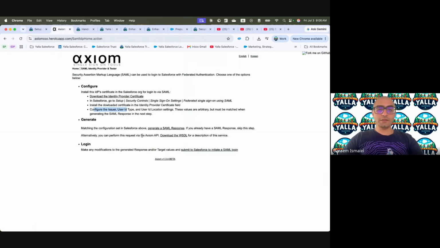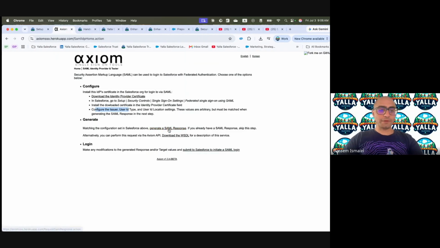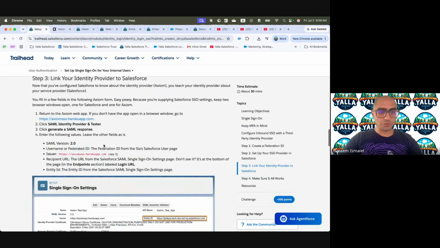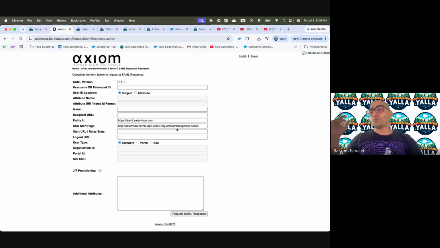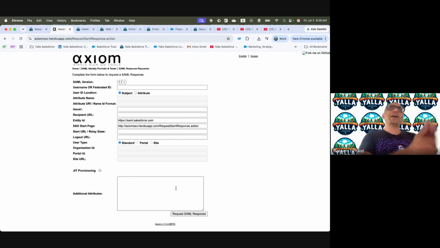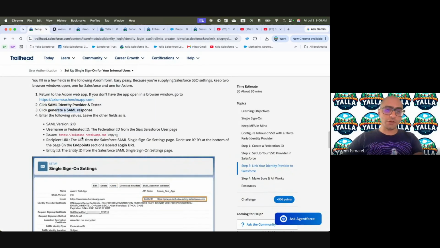And I will say, generate a SAML response. So this is the instruction in order to test it. So in here, SAML identity provider, generate a SAML response. So I'm gonna click this one. We saw it live that the SAML response is not just a SAML tracer, which will show up to us here. Last time we did the POC and we were able to see those SAML exchanges allowed me to access the org. So we did it the right way, but this is as well another way of just testing the same knowledge.